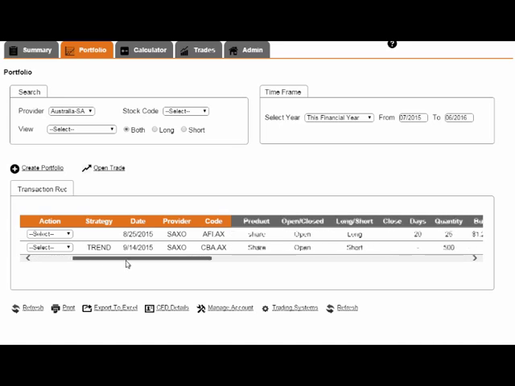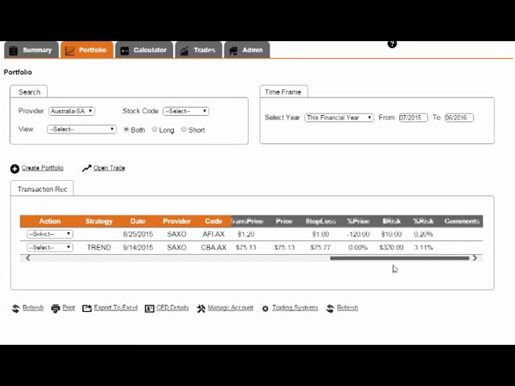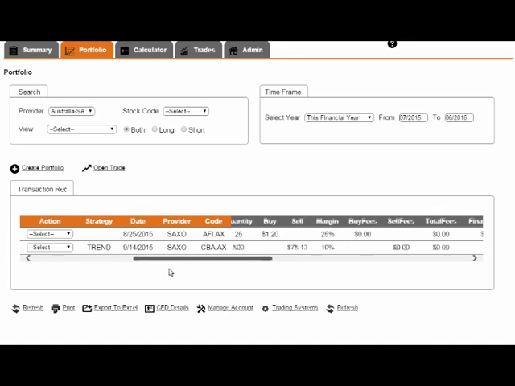And across here you'll have all your information regarding that trade as well. So that's your record transaction sheet within here. What you've done is gone to the portfolio, opened a trade, and put it in there. Now the second way that you can put a trade on for yourself is using the calculator,